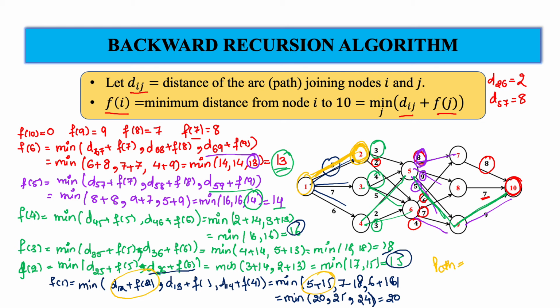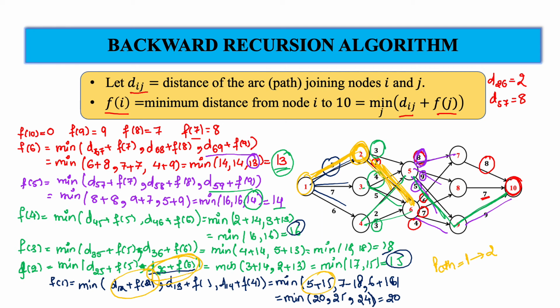Okay, so you will move from 1 to 2. From 2 to the next stage, what is the minimum? From 2 we have seen what is minimum? 15. How you are getting 15 is when you go from 2 to 6. So going from 2 to 6 is the minimum of these two paths.